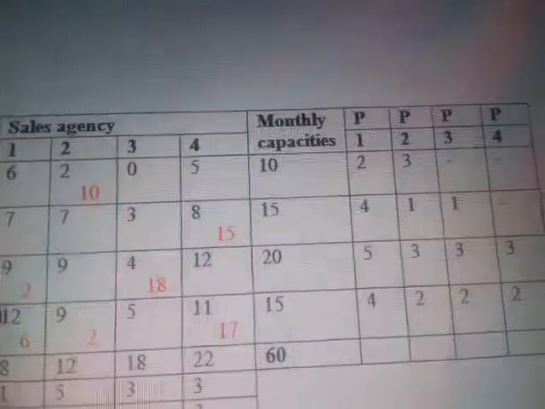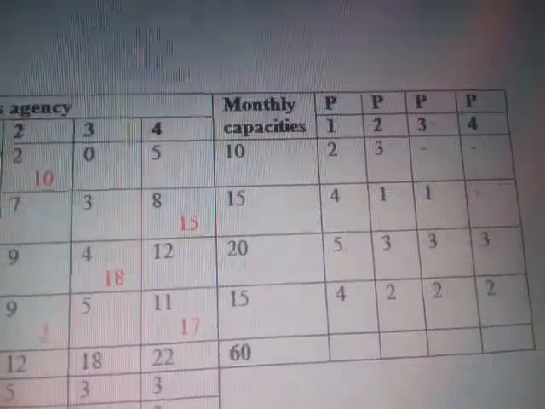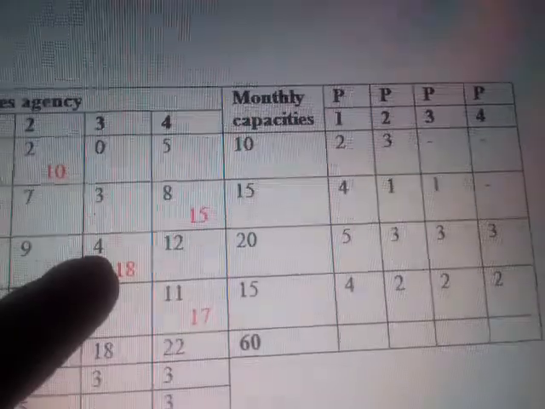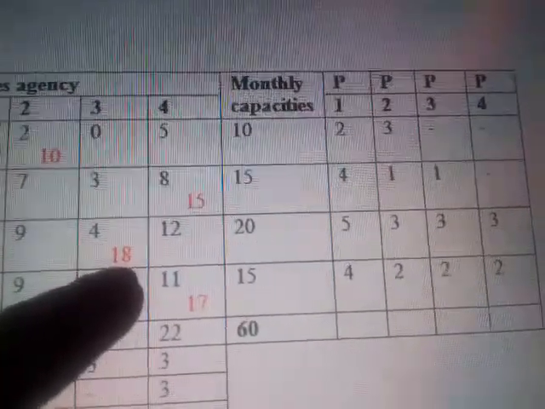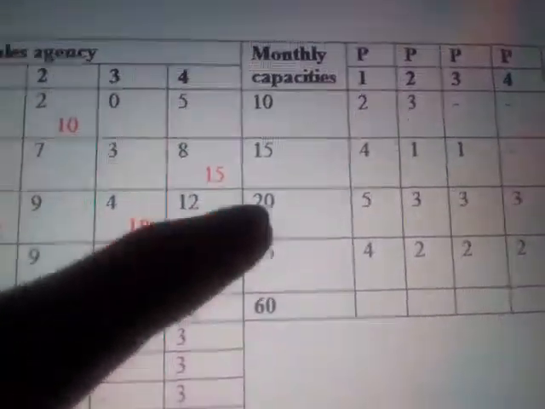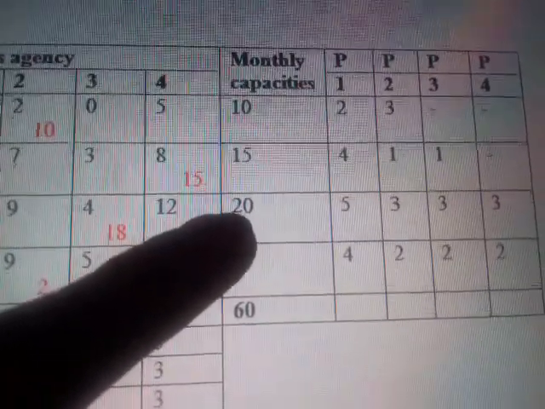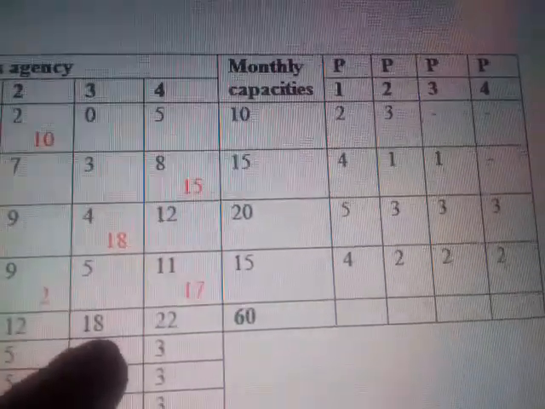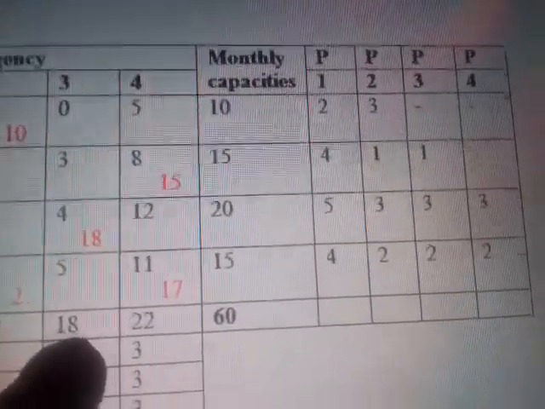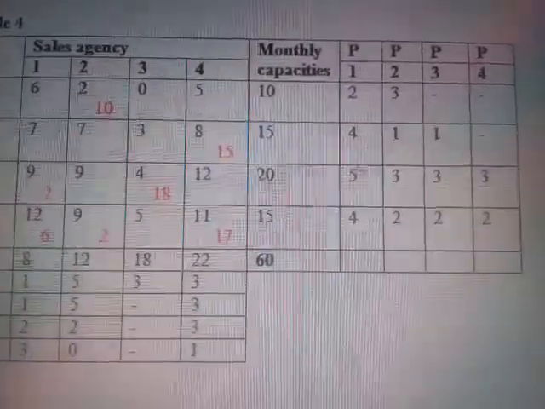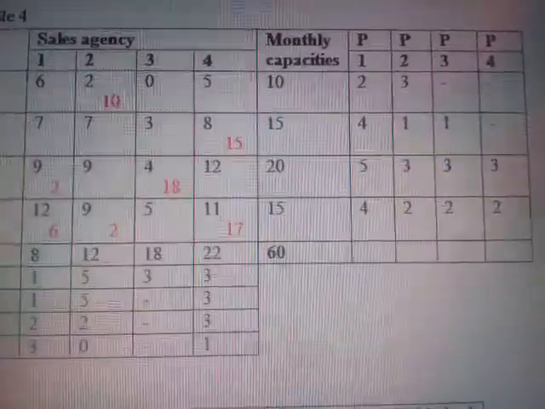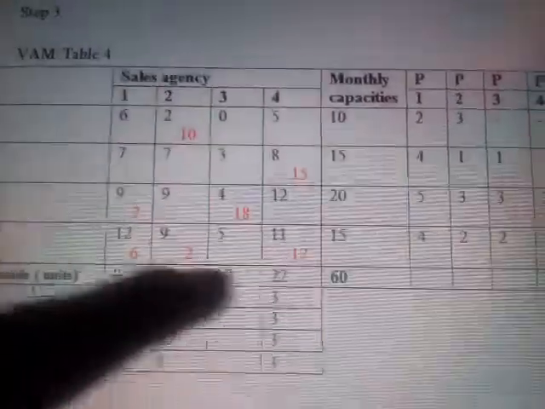And you have to start allocating from here. In this particular row you have to find out your minimum value. From the minimum cell you have to allocate. So here 18 is there, here 20 is there. Send the entire 18 products here and subtract here, okay. So 20 minus 18 you will get 2, okay. Here you will get 0. So cancel this particular column, okay. So like this you do for all the penalties until you allocate everything. So take down this one. Now I have allocated all the values here.